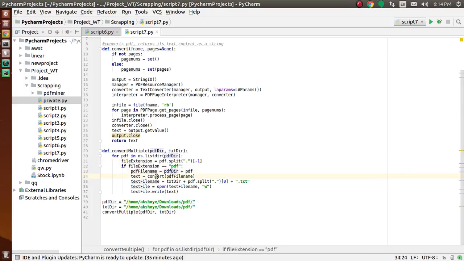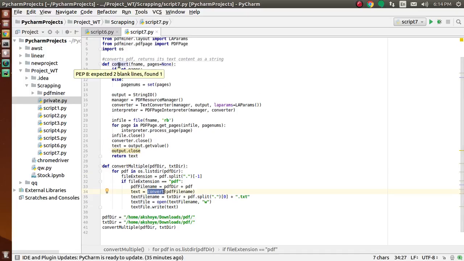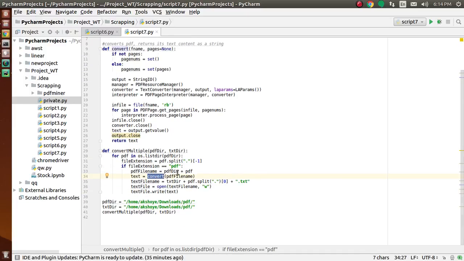Then, using the convert function above, we convert the PDF file that we access here to a text document and save it into our text variable. Later on we assign a variable with the name of a file, open it, and write the text we get into our text file.